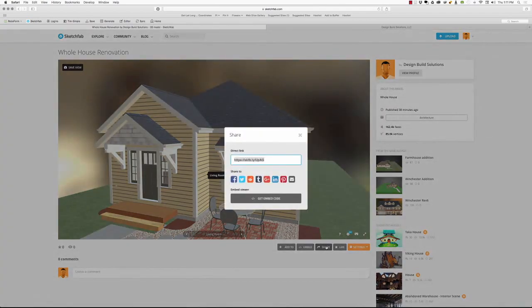The other option is to share. You can copy this link and text that to someone, email it to someone, copy and paste it onto your social media accounts, or Sketchfab will give you those options directly: Facebook, Twitter, Reddit, Tumblr, etc. You can put it right there. Now, I don't use this Facebook link because that goes to my personal Facebook account page. I copy and paste this direct link,